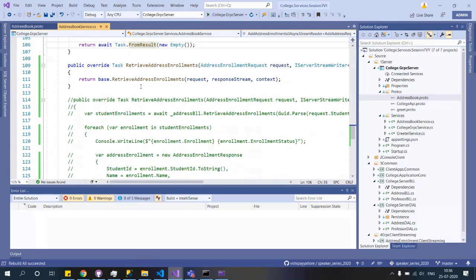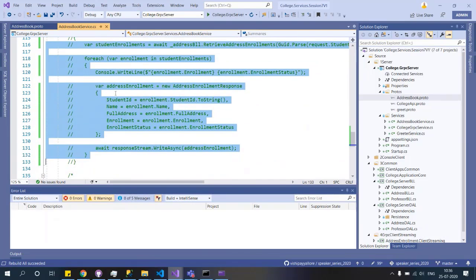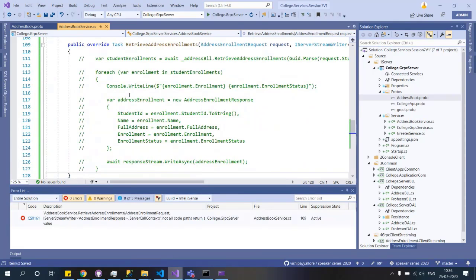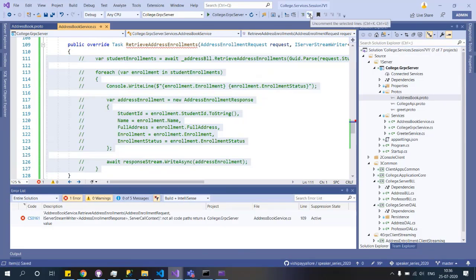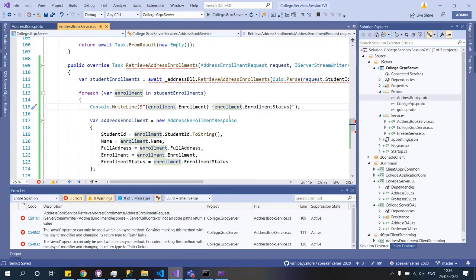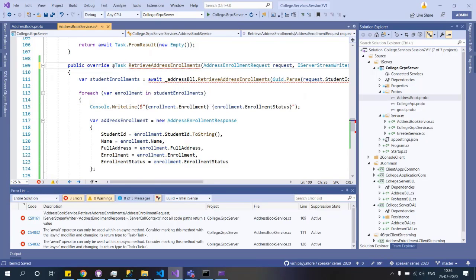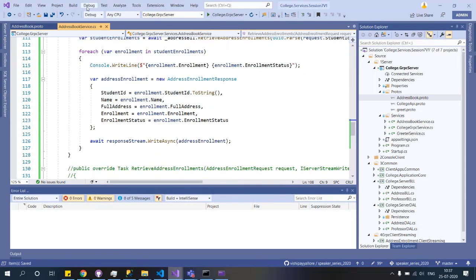So I think we can copy paste this code from here to above to this method. I have copy pasted it and uncommenting it. Okay. It is sync async. Okay, cool. That's gone. So let's build it.